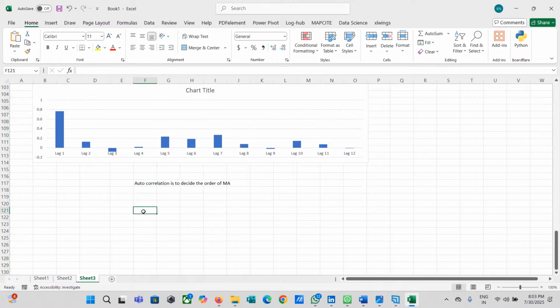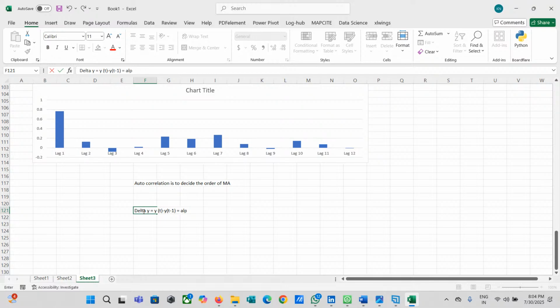For example, if I have to build the ARIMA model, we are saying delta y is equal to yt minus yt minus 1, so y2 minus y1, or y3 minus y2.